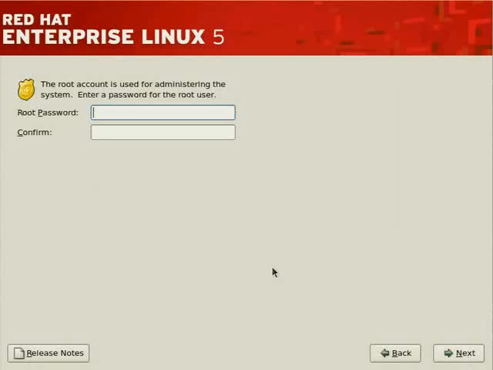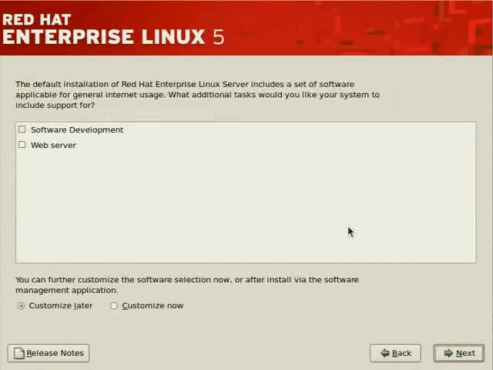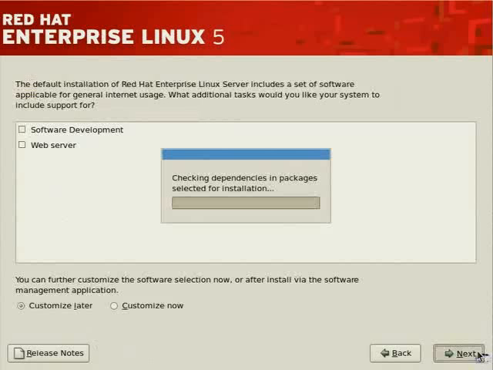Let's set a password for administrator and proceed with the installation. We'll click on Next, and this will retrieve installation information. We'll ignore these groups because again we'll be reinstalling the system momentarily. Again, our intent